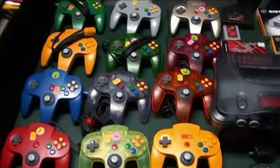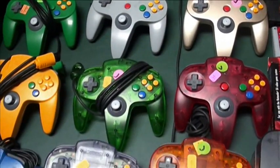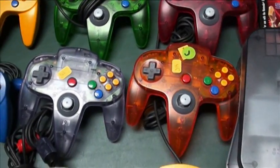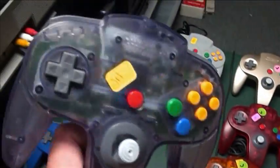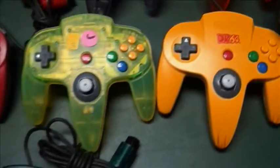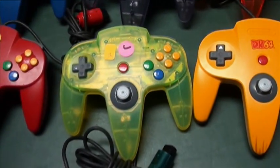Nintendo, like I said, with their consoles, they made several different colored controllers for the Nintendo 64. A lot of them came with a console that was exclusive. They did a packaging variant. They included an extra controller. This is one of the colors. Also lime green, another kind of an oddity color, harder to get. My favorite is the smoke,